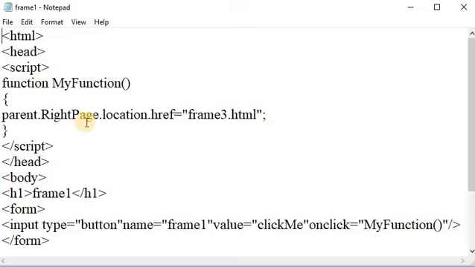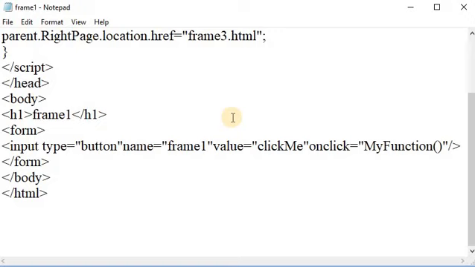Okay, this is the main sentence. Here I create one button and assign the onclick event to this function, and in that function I write parent.rightpage.location.href is equal to frame3.html. This is the frame 1 program.